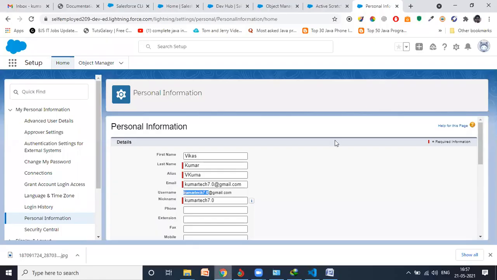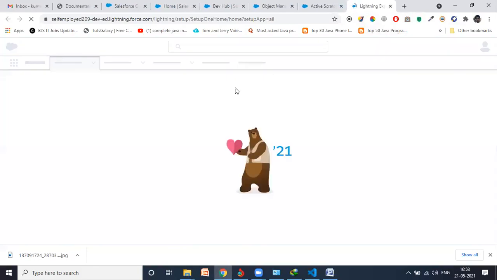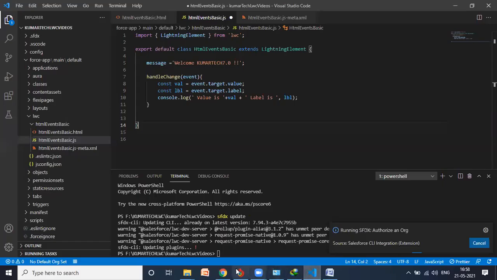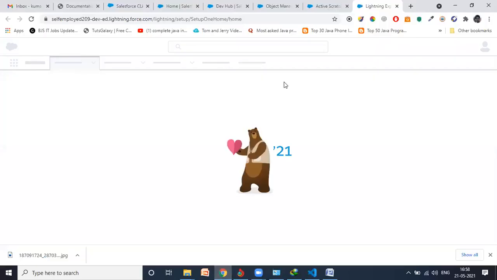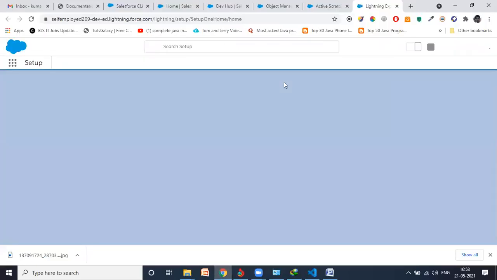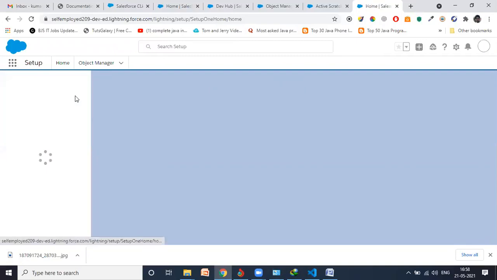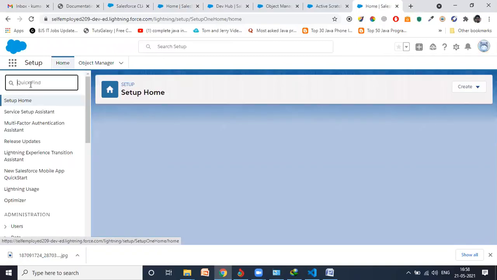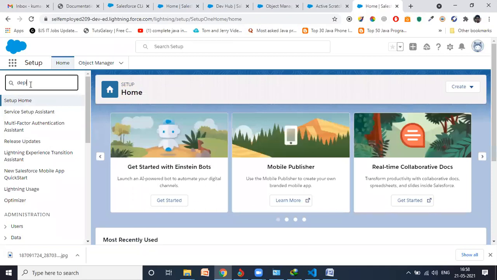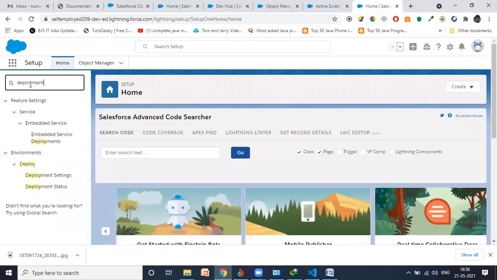Meanwhile, what's the additional thing I can show you here? The deployment I was talking about. Here you can check the deployment as well. How can you check the deployment? I will show you. Just type here deployment. You can see this option, deployment status. You need to click there.